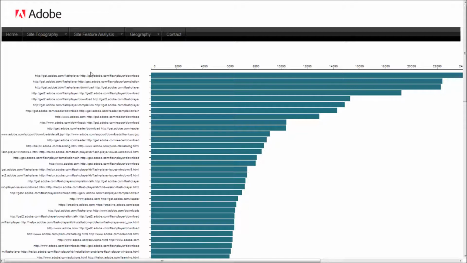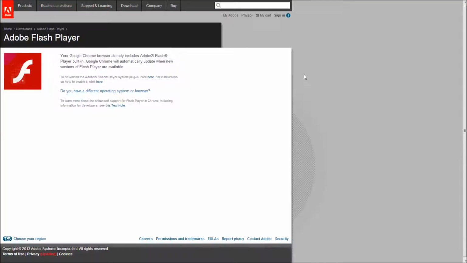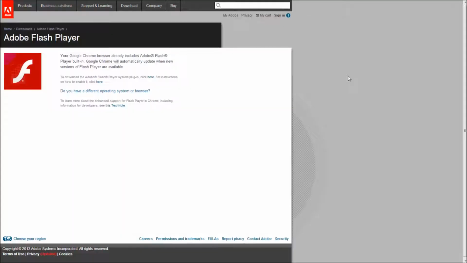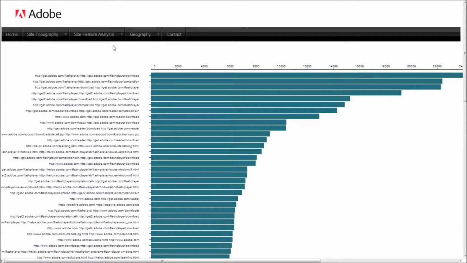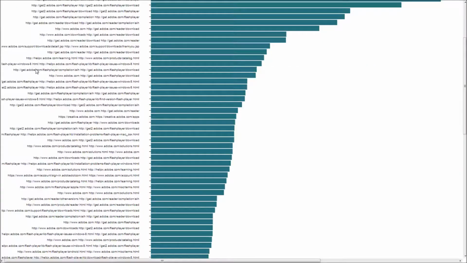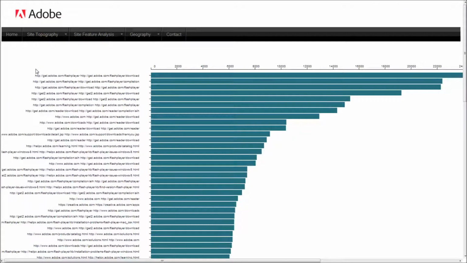So these are the count of people who move from page A to page B. It's interactive in the sense that you can click on the bar graph and you will be taken to page A or B. If you click on the left side, you will go to page A, which is this, and if you click on the right side, you will go to page B. So the marketer or whoever is concerned with viewing the paragraph can easily make inferences and directly go to pages.